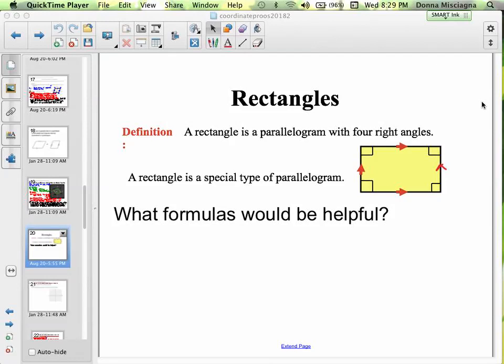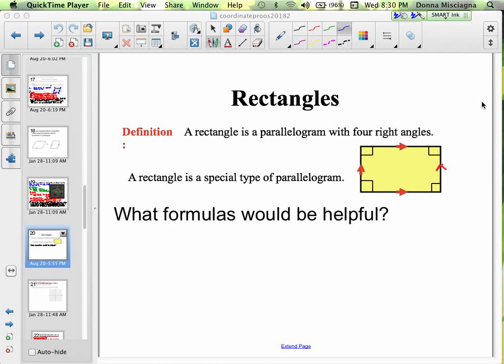Welcome! So now we're going to complete some coordinate proofs with rectangles. Let's talk about rectangles first. So a rectangle is a parallelogram with 4 right angles. So that's its definition, but it has more features than that we could use to prove a quadrilateral was a